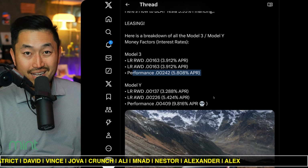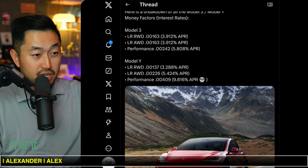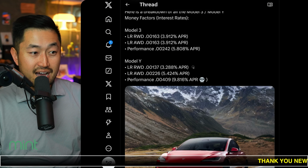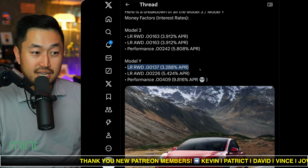And so leasing is the way to get that loophole on that $7,500 federal tax credit. Moving to Model Y, it seems like the best deal here, if you look at all of these different models between Model 3 and Model Y, the best deal hands down is going to be the Model Y long range rear wheel drive at a 0.00137 money factor, which is a converted